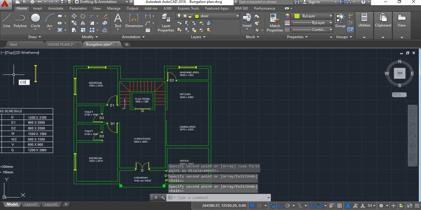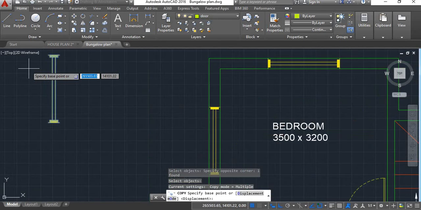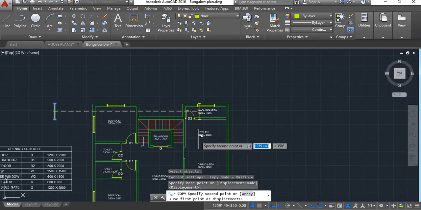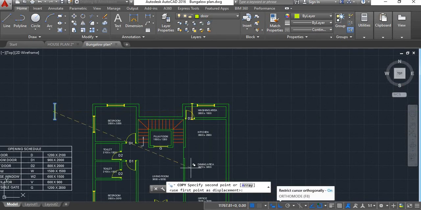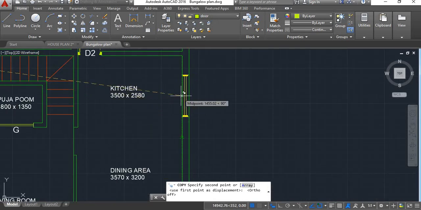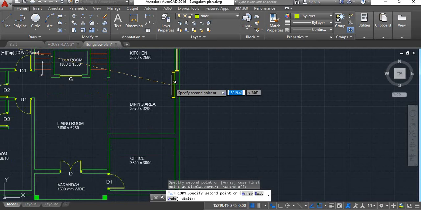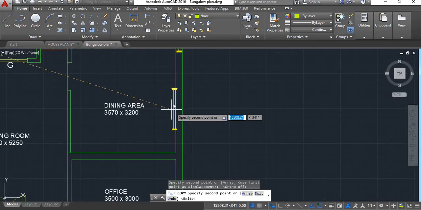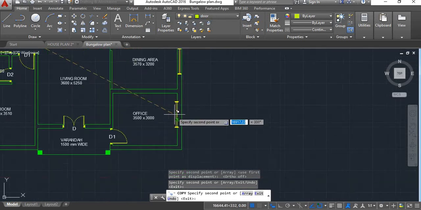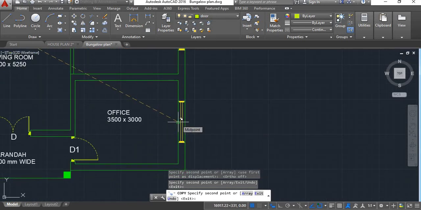Again I'll copy this, select midpoint at this side, and I'll copy it here in kitchen and in dining area, and also to this office room.